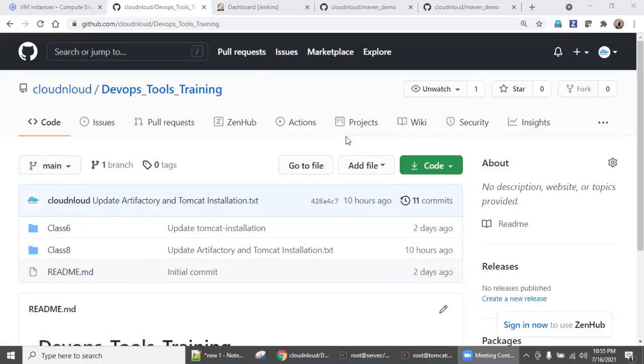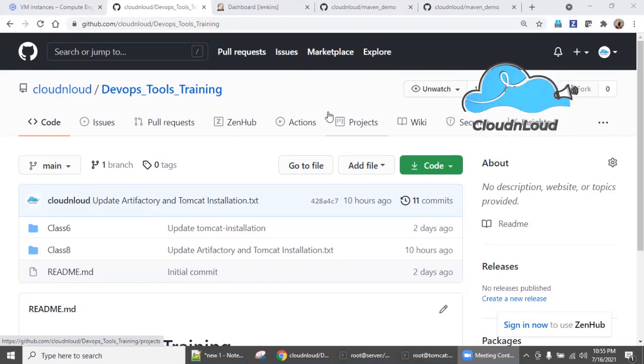Hi, welcome back. As part of this DevOps tools training, we have started seeing what is DevOps, why we need DevOps, what is a DevOps pipeline, how to configure it, how to add and how to plan each DevOps tool integration. One by one, we also started seeing installation: Jenkins installation and how to build manually, how to install Tomcat, how to install Artifactory, how to create a pipeline, how to do a manual deployment, how to do automatic deployment, how to configure Artifactory, repository management, and how to do all of it automatically.